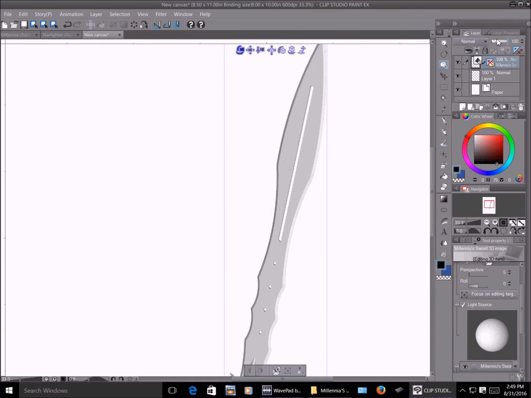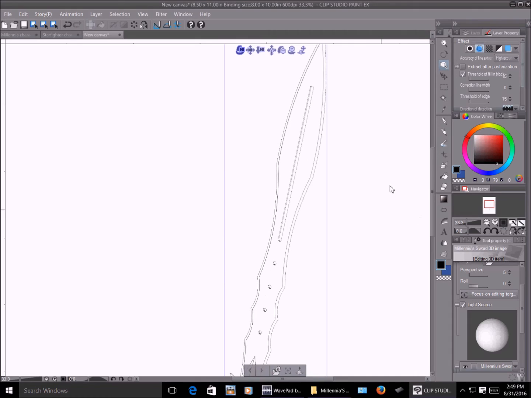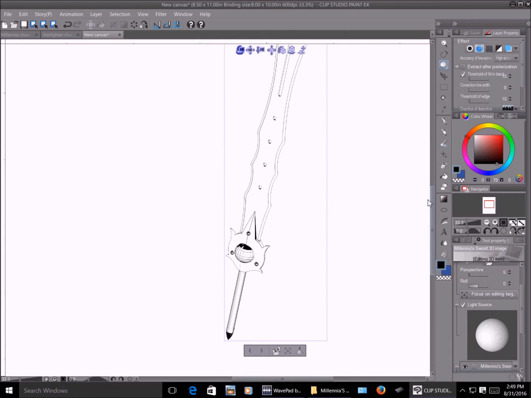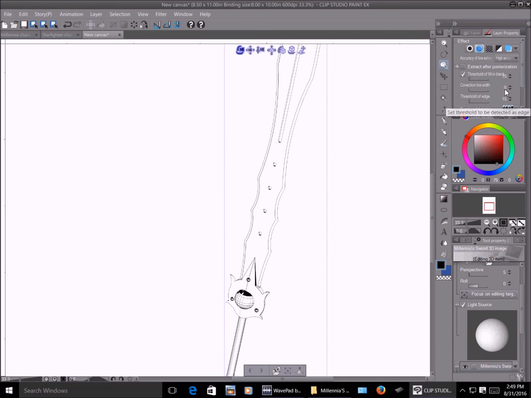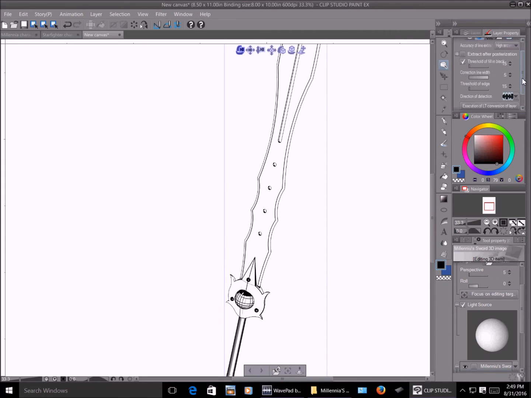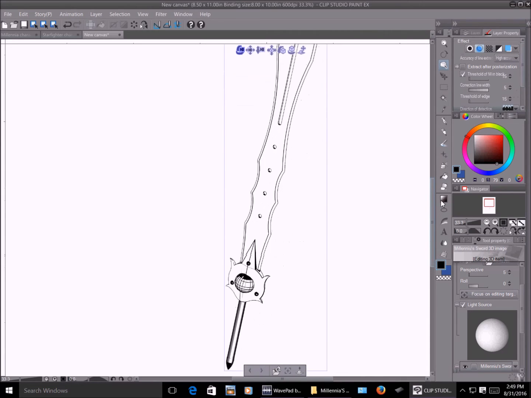You go to Layer Properties with the layer highlighted and press this button here, Extract Line. And now almost all the gray has been knocked out. You can play with some of the settings. This one I'm thickening the line if I wanted to. There's a whole lot of other ways you can play with this to get different effects.